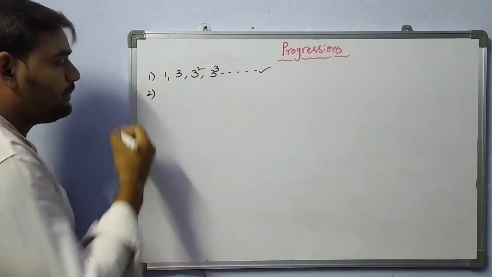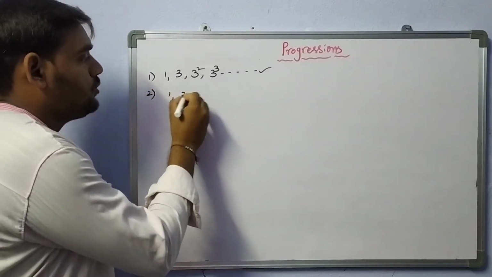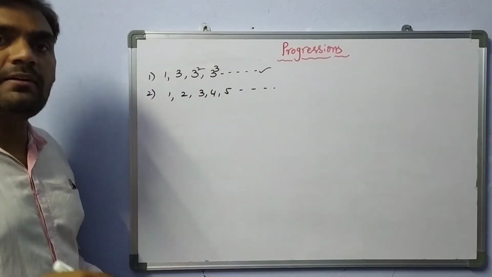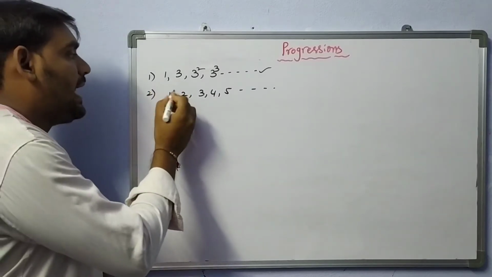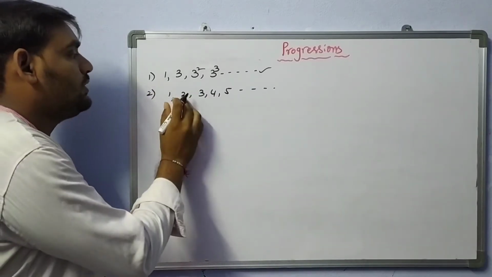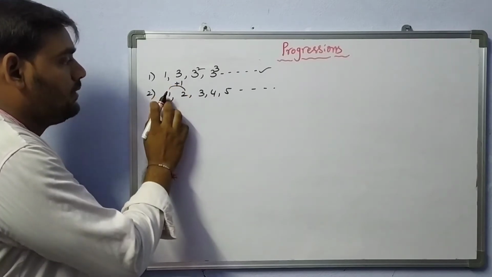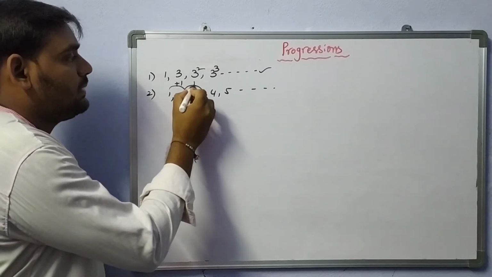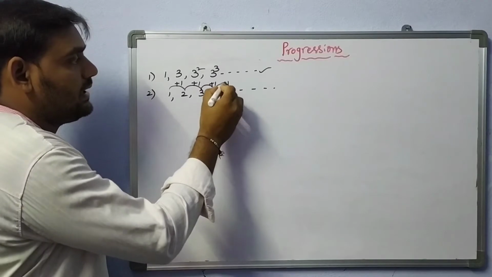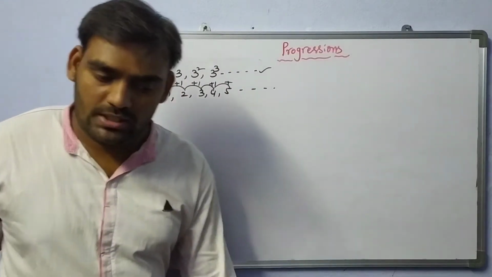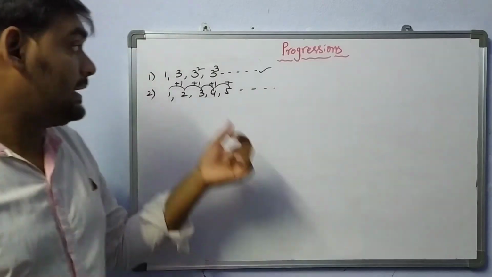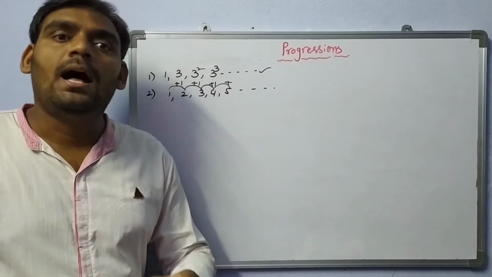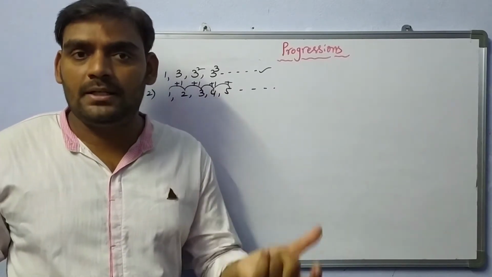Next, if you take one more example like 1, 2, 3, 4, 5 and so on. Here, except the first one, each and every number we get when we add plus 1 to the preceding term. See here, 2 comes when we add plus 1 to the first number, that is 1. See here, 3 we are getting by adding plus 1. We are getting like this. So this is called a progression. Like that, we will get different types of progressions. Simply we can say that a progression is nothing but arranging the numbers with a definite mathematical rule.